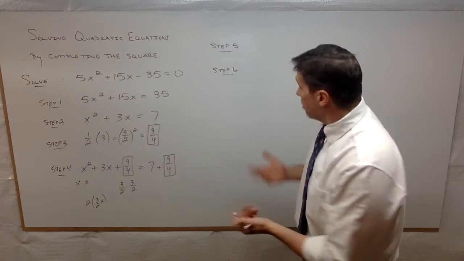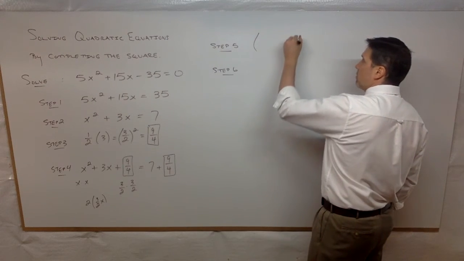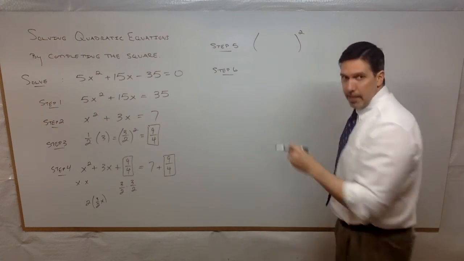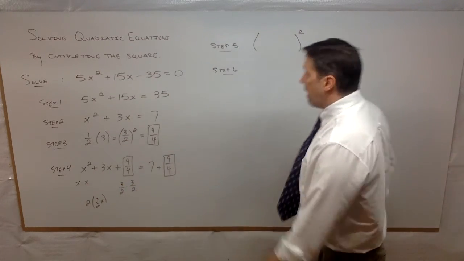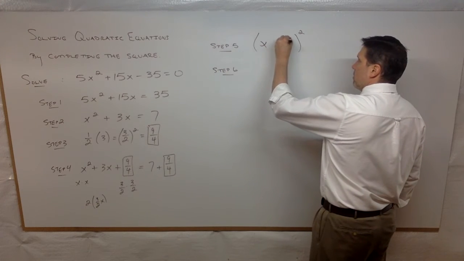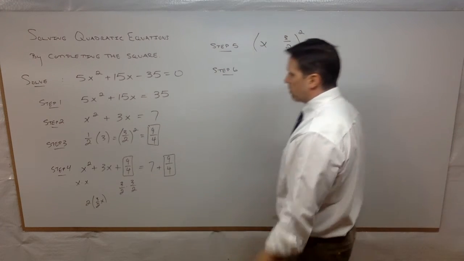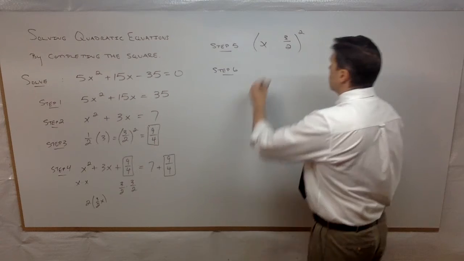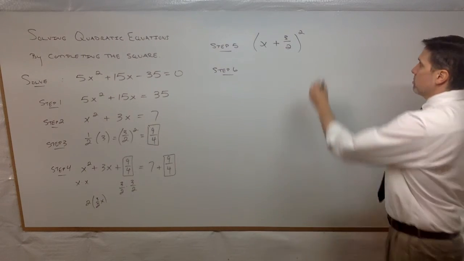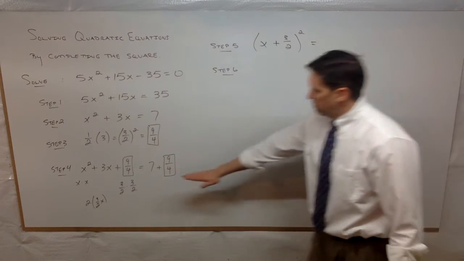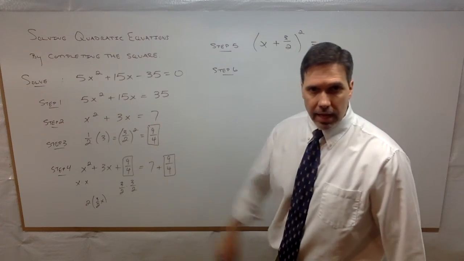So it still works. So when we go to step 5, that gives us a pretty strong clue of what we're going to need. Well, obviously an x and a 3 halves. And in this case, we're going to need a plus. So x plus 3 halves quantity squared equals, and not to be outdone, we have to add 7 and 9/4